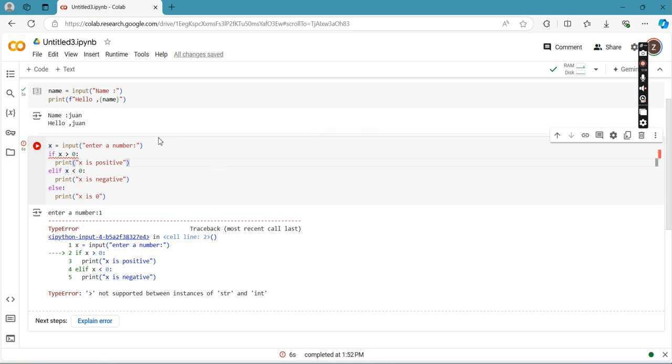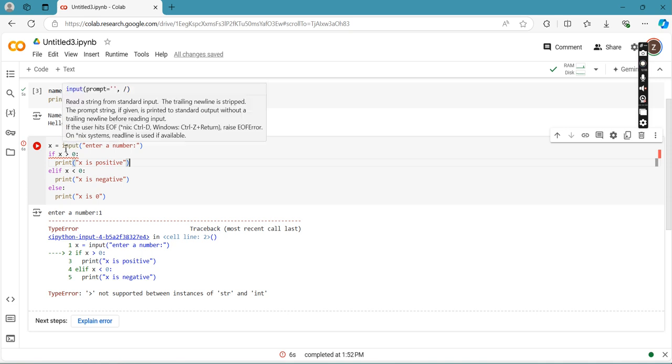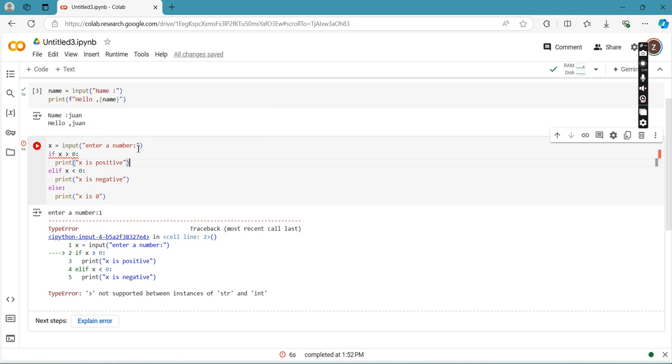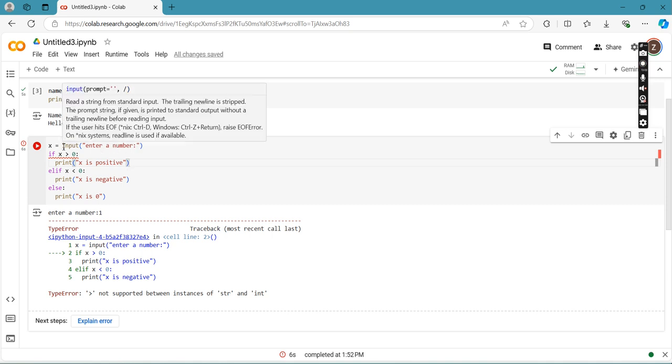So to fix this error, we use typecasting. So that's one problem in programming languages where we do not explicitly declare the data type of our variables. So in here, our input is treated as a string. So to do that, we're going to do typecasting.